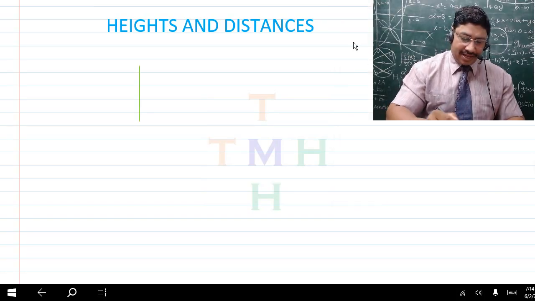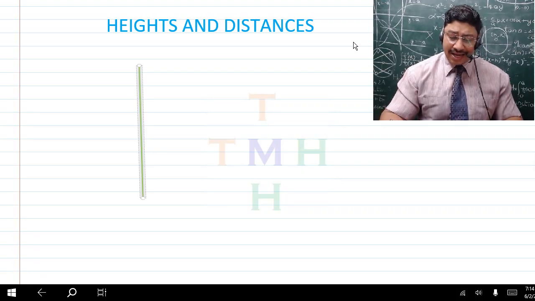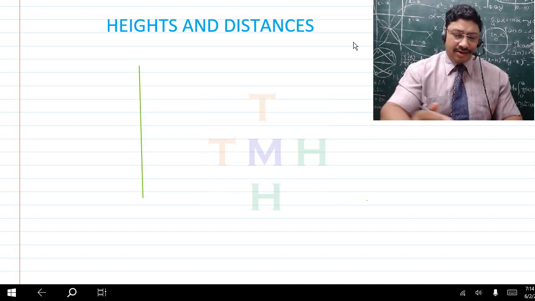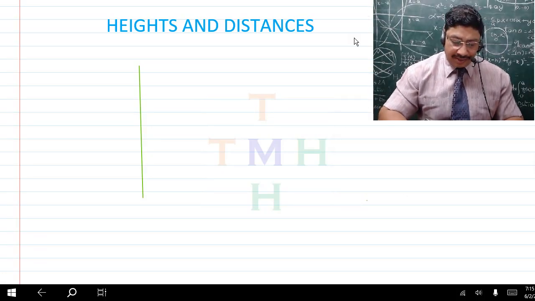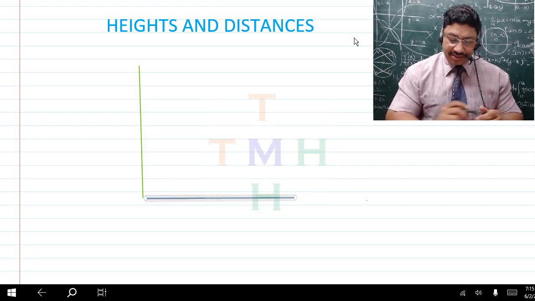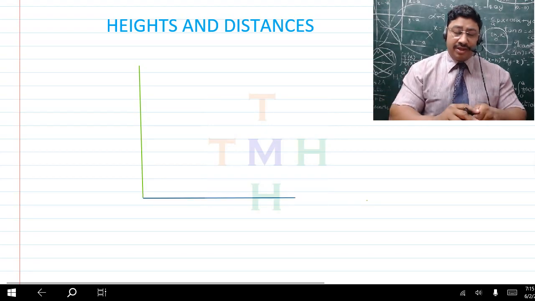Let's say now that this is that very tall building and you are standing atop it, and now you are watching something which is at the ground level. So obviously there is also going to be the ground level. So let's say this straight line is the line which depicts the ground level. Then further, as you are standing on the top of this tall building, next we'll be